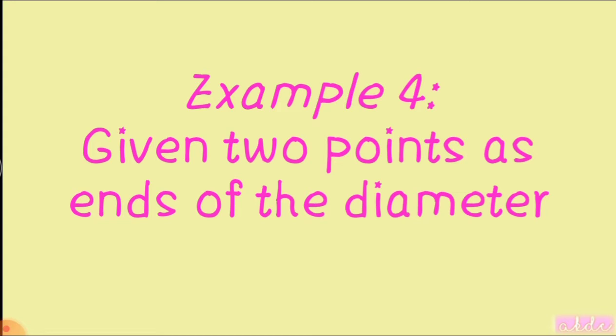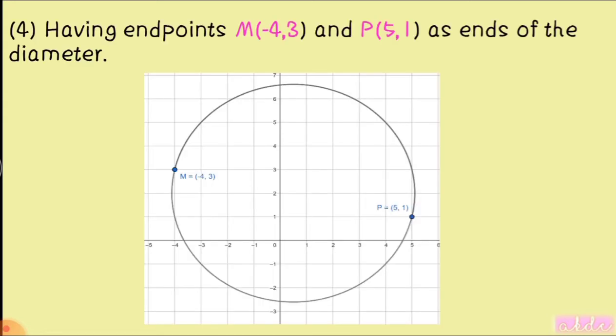For example number 4, given 2 points as ends of the diameter. So this time, we do not have the center and we do not have the radius, but we do have the endpoints of the diameter, (-4, 3) and (5, 1). So, looking at the illustration here, if point M to point P is the diameter, as it says in the given, meaning